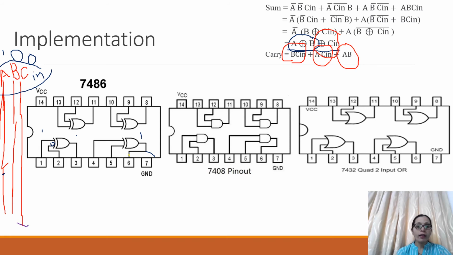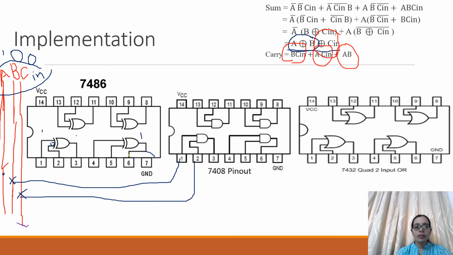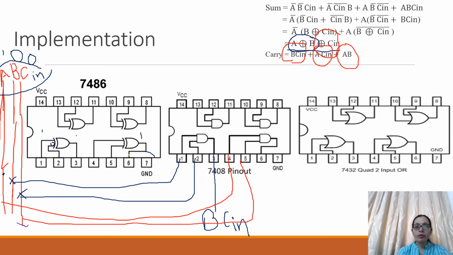So from where will we take the BC in? We will take one wire from B, we will give it to the AND gate. One more wire from C in, that is here. Okay, so what is the output? For the first AND gate, I will get B, C in. How should I form now the second AND gate? That is AC in. So one wire I will take from A, I will give it to the fourth pin. One wire I will take from C, I will give it to the fifth pin. And now this is my A, C in.